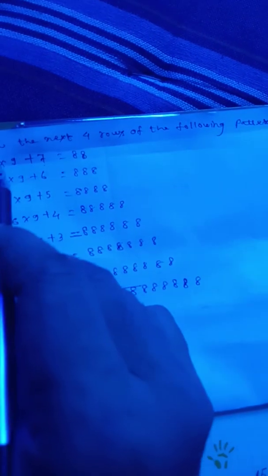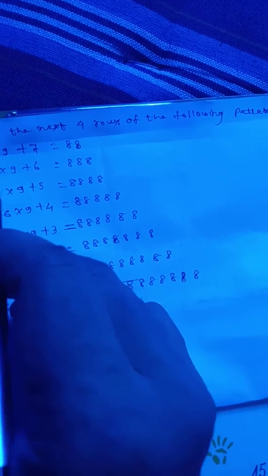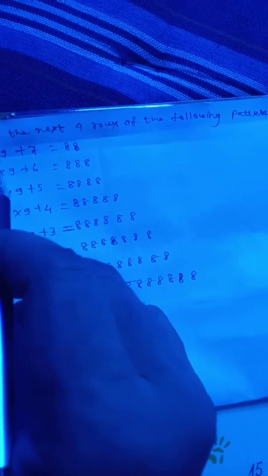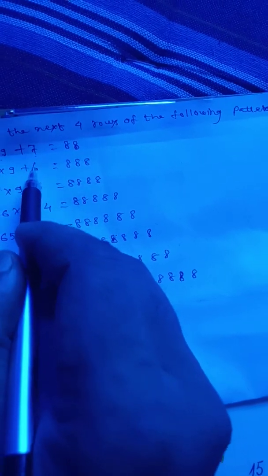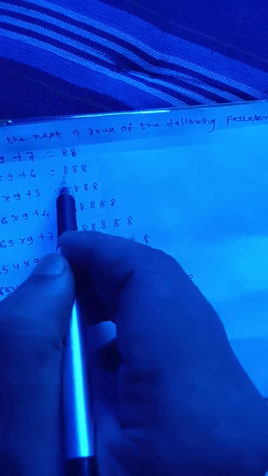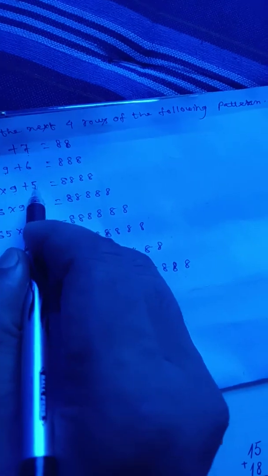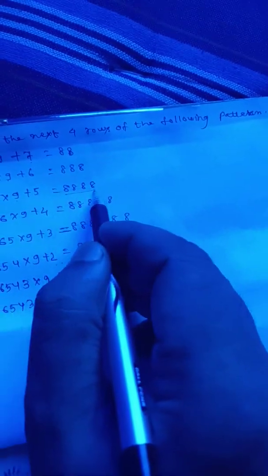We just write here 9 and then after it one more number, less than 9. So 98 into 9, and we write here 1 less than 7, that is 6. We write here 3 eights. Again we write 98 here and 1 less digit than 8, 7. So 987 into 9, and we write 1 less than 6 here, 5. We write here 4 eights.